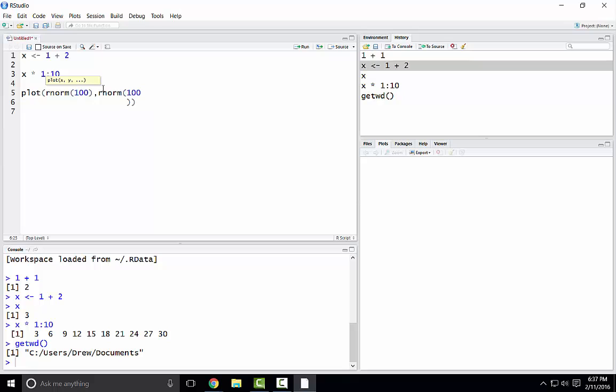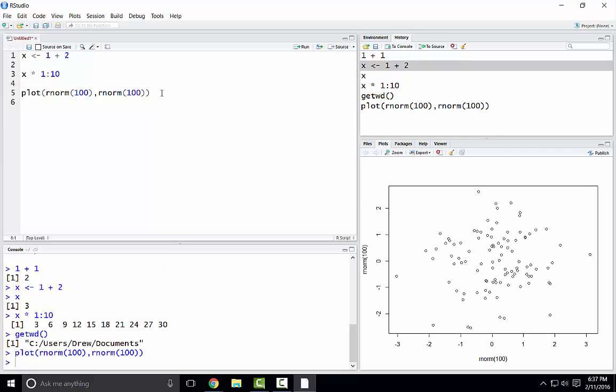oops, that's not what I meant to do. What I did there was hit enter. What I meant to do was hit Control Enter. Control Enter is a shortcut for this run option here. If you just hover the mouse over, you'll see run the current line or selection. Control plus Enter is the same. Okay, so there's a plot, and by default, R has labeled the axes with the X and Y values that